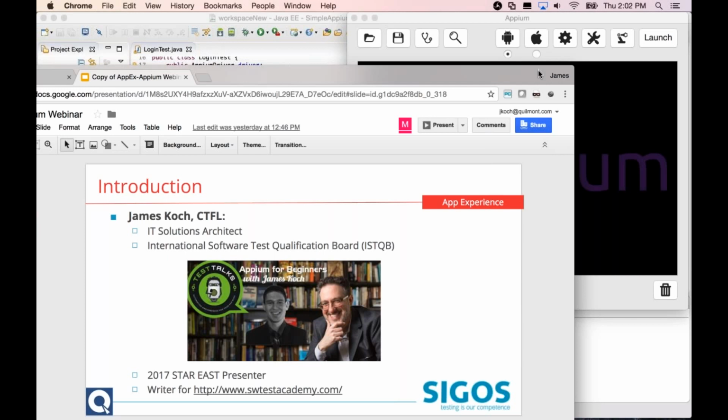Let's start off talking about what Appium is for those of you who have never seen Appium before. Appium at its heart is a web server that exposes a REST API. It uses the HTTP JSON wire protocol to communicate between your test script, whatever client library you're using, the actual Appium server, and any devices you want to be working with. So we send a request to establish a session with Appium.